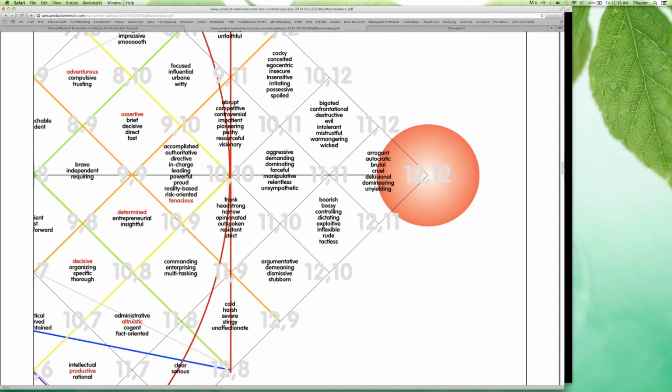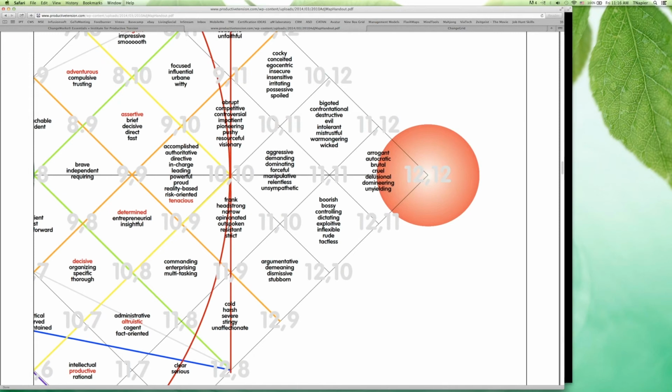So here are the adjectives that Stephen could be experiencing. Now, he could be feeling, again, this is about dealing with difficult prospects, aggressive, demanding, dominating, forceful, manipulative, relentless, unsympathetic. He'd be, in that case, leaning out grid.